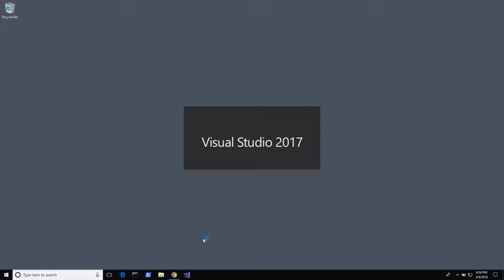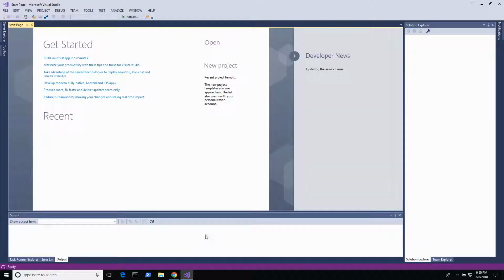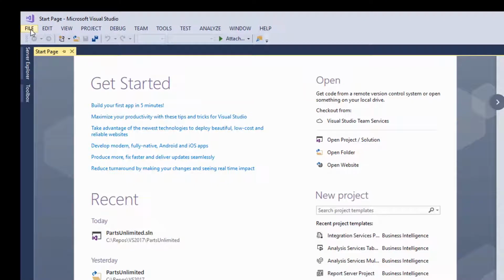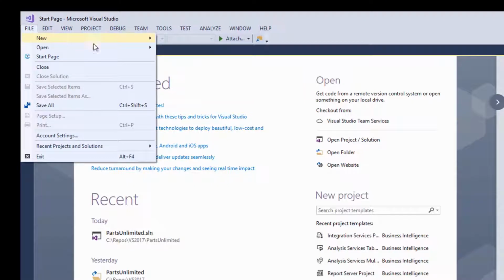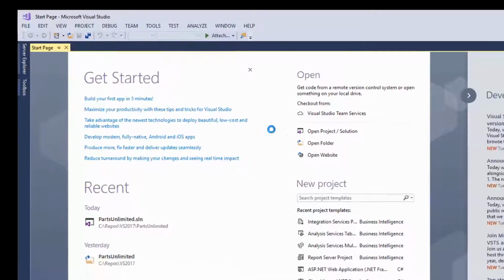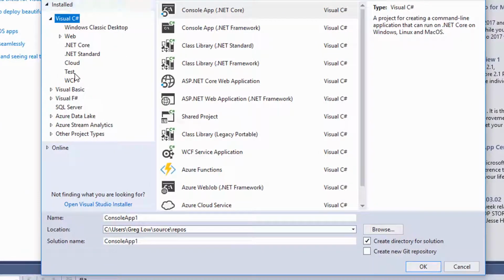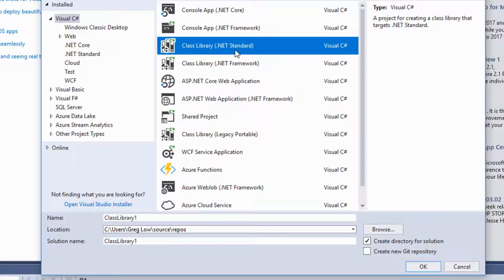So we open Visual Studio 2017 and we're going to create a new project. From File, we'll choose New and Project, and in this case it's going to be a class file. So it'll be a C# class file and it'll be using .NET Standard. So we choose from Visual C#, we choose Class Library .NET Standard,